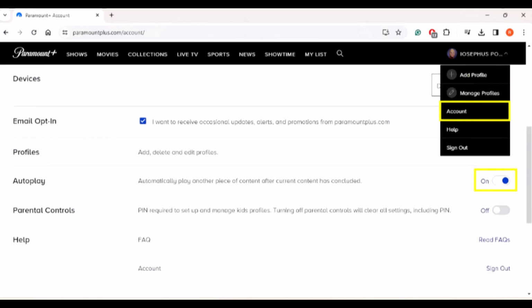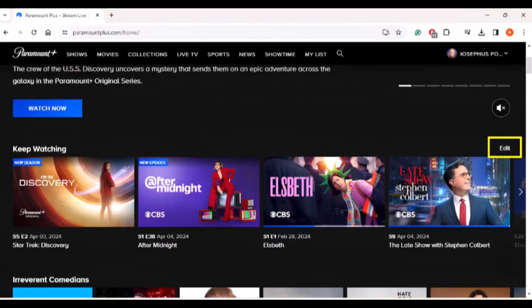Next, you have a 4K UHD. So high quality videos and audio are exclusive to select titles on Paramount with Showtime plan. So likewise, you could also go ahead and remove content from your watch list or watch history as well. And you could also manage multiple profiles if you want to, and you could also add a playback and accessibility